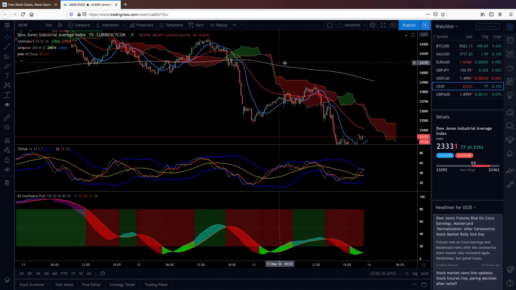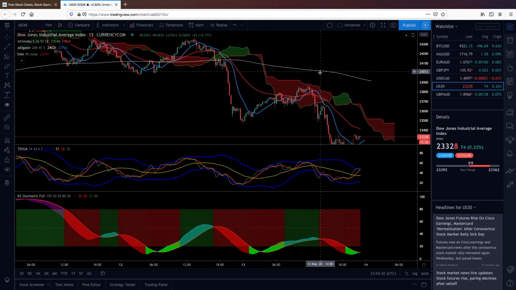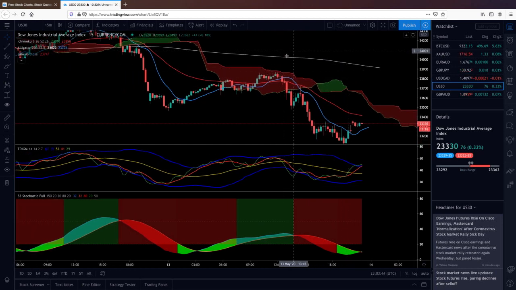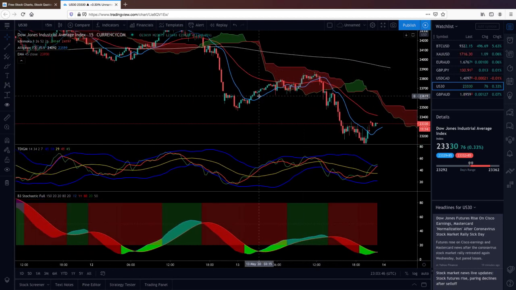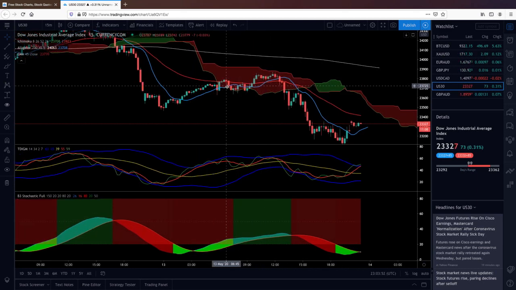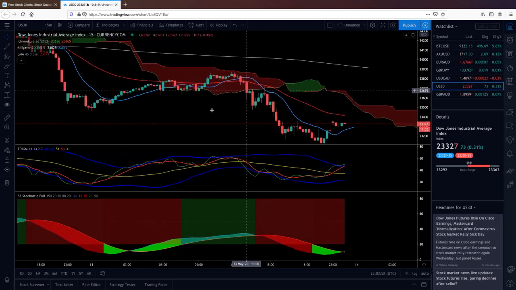But if you know the rules of the 200 EMA, you already know prices are under. When prices are under the 200, it's a downtrend. So you would have had to scalp this. Prices came back, closed, scalp that. Price came back, scalp that. Once these prices came back down,